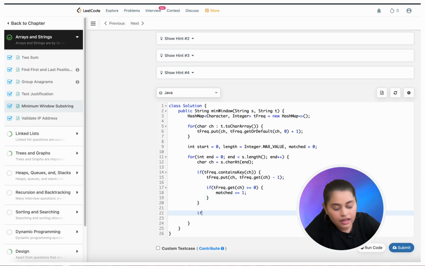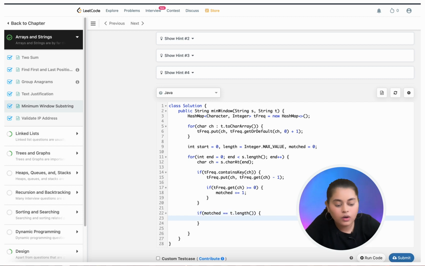Now if at any point our match becomes equal to the length of the target string, what we will do, first of all, we'll update our result, and then we'll shrink our window.